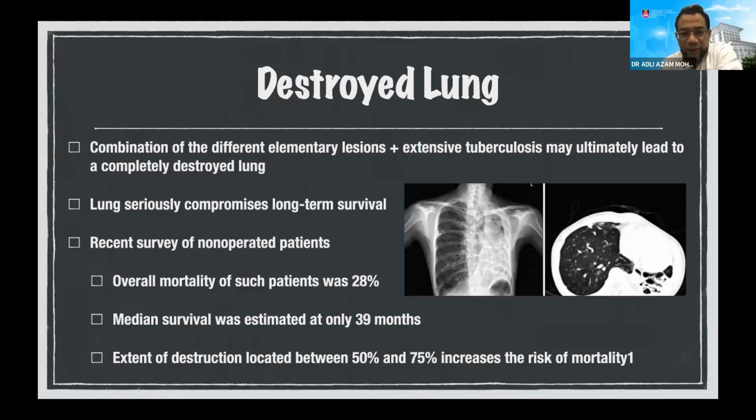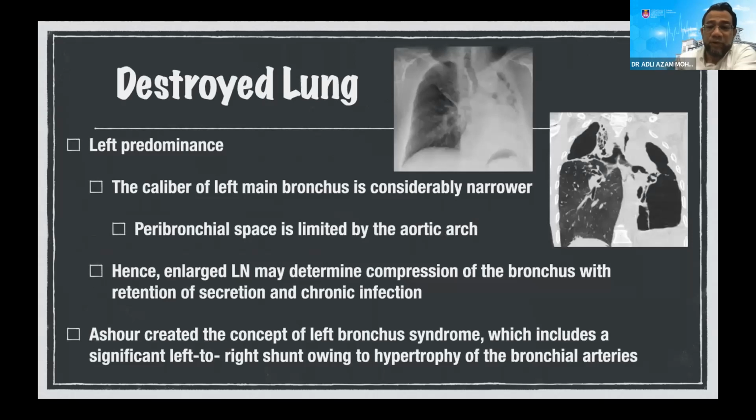lung. Lung destruction seriously compromises long-term survival. It is well documented in the literature. A recent survey of non-operated patients showed that overall mortality of such patients was up to 28%. The median survival was estimated at only 39 months. An extent of destruction between 50 and 75% increased the risk of mortality in this group of patients with destroyed lung from TB. And we can see that it's a left predominance because